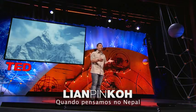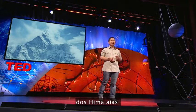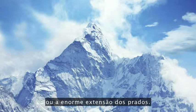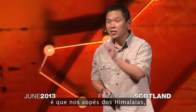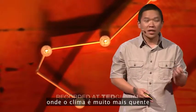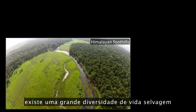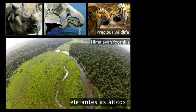When we think of Nepal, we tend to think of the snow-capped mountains of the Himalayas, the crystal-clear still waters of its alpine lakes, or the huge expanse of its grasslands. What some of us might not realize is that in the Himalayan foothills, where the climate is much warmer and the landscape much greener, there live a great diversity of wildlife, including the one-horned rhinoceros, the Asian elephant, and the